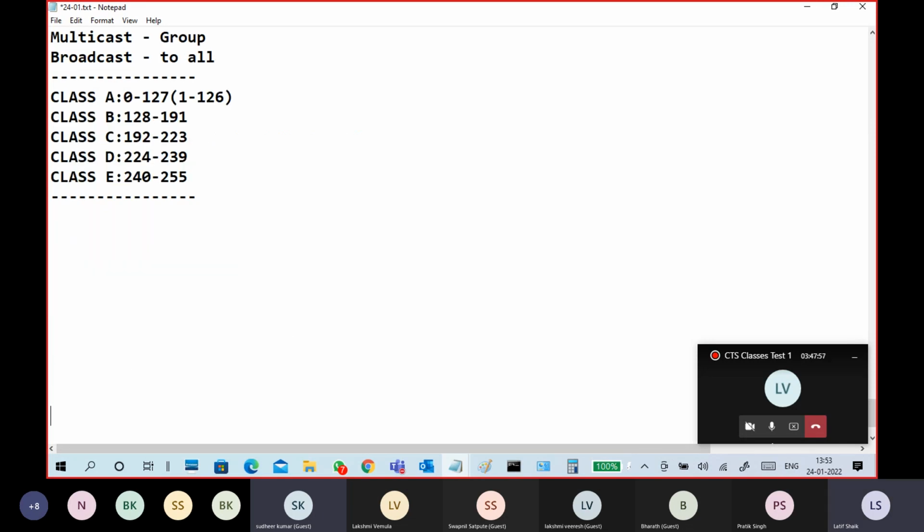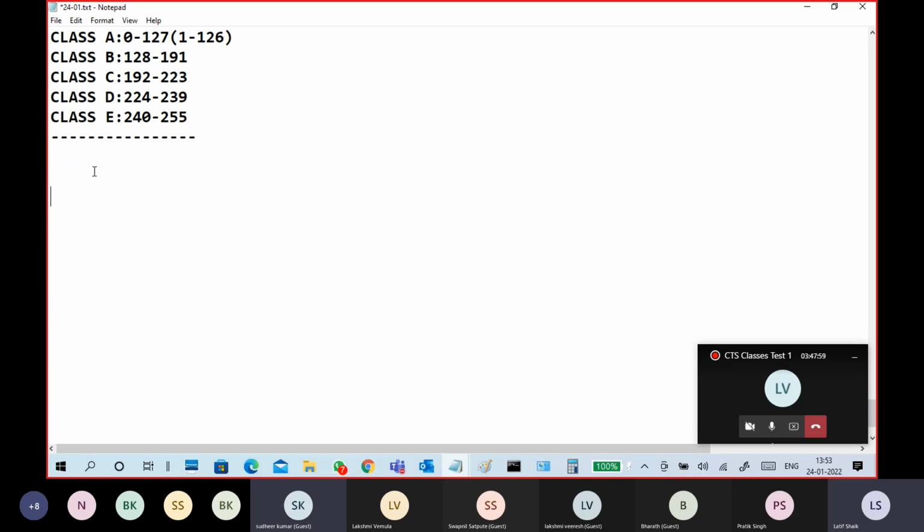Don't worry, I will only ask 3 examples. We can identify the class of an IP address this way. Identify which class the IP address is: 80.9. And 200.192. Which class is it? Class A. How do you see it? Only look at the first octet. Never look at the other octets. Only look at the first octet.